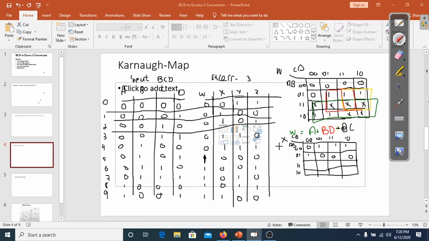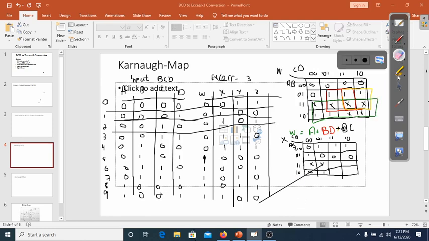Now for 1 0 0 0, this is equal to 0, then 1 0 0 1, this combination is equal to 1. So the remaining boxes would be don't care. I mean the remaining 6 boxes are don't care. So these don't care conditions,